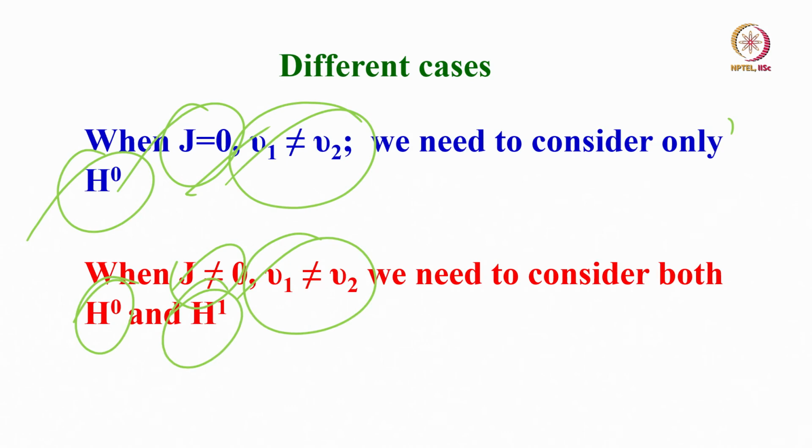So, the time is up. In the next class we will take an example of 2 coupled spins, work out both the cases where J is equal to 0 and J is non-zero, and get the eigenvalues, find the transition frequencies and see how the spectrum comes. This is basically what is done for all other coupled spin systems, and we take the example for the strongly coupled spin system, AB, also A2. For AB we will work out; A2 we do not work out today, it is again a lengthy process. Once we know AX and AB, the rest is easy.